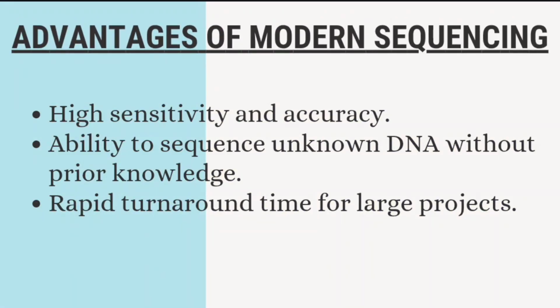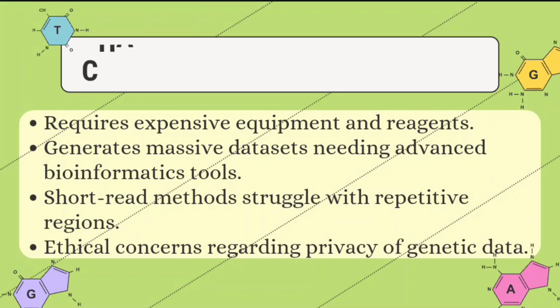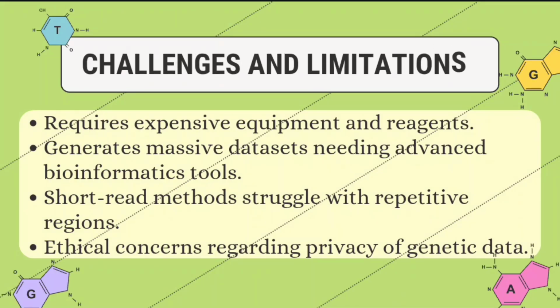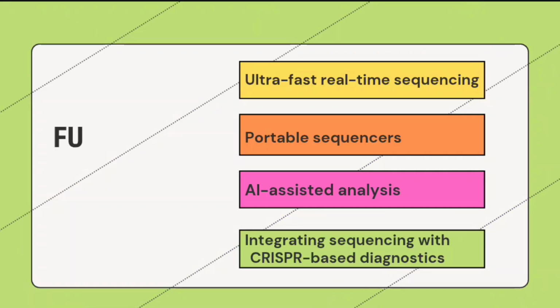An advantage of modern sequencing is that it is highly sensitive and accurate. It has the ability to sequence unknown DNA without prior knowledge, and it has rapid turnaround time for large projects. But it has some challenges and limitations also, because it requires expensive equipment and reagents. It generates massive datasets needing advanced bioinformatics tools. The short read methods struggle with repetitive regions, and there are ethical concerns regarding privacy of genetic data, but it has some major